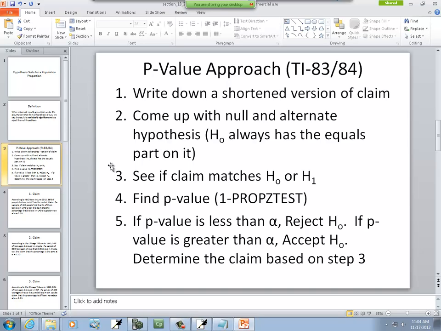This is the p-value approach using the TI-83/84. We write down a shortened version of the claim. We come up with a null and alternate hypothesis. H0 always has the equals part on it. See if the claim